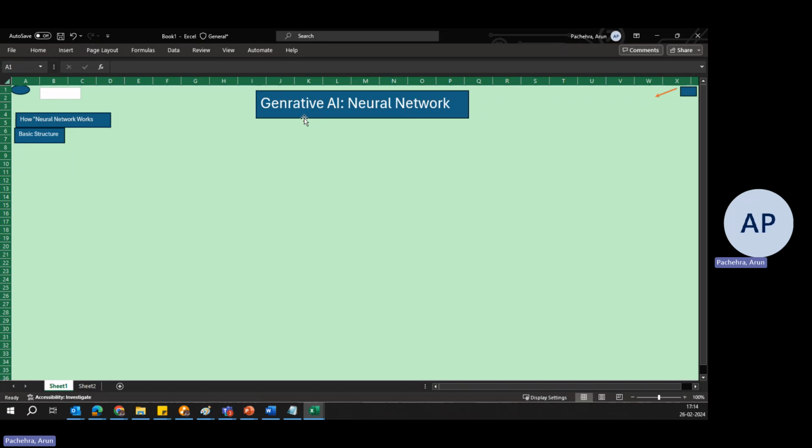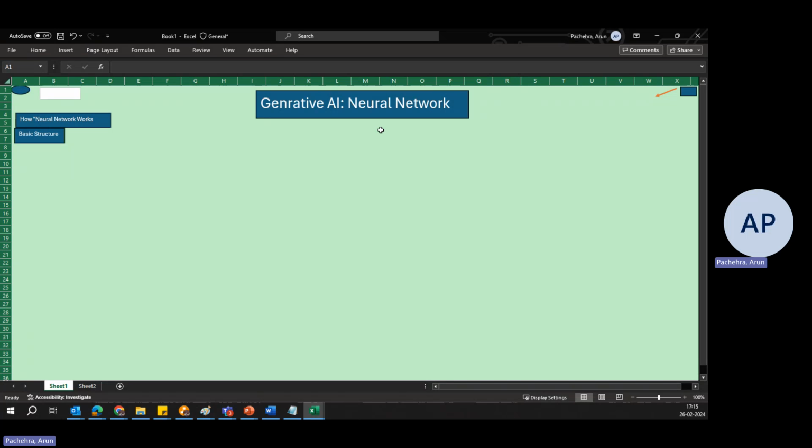Because we are studying generative AI, which is part of AI, and it uses a neural network kind of model, which is needed for generative AI. I think we are ready to explore neural networks, and we have basic premises already.